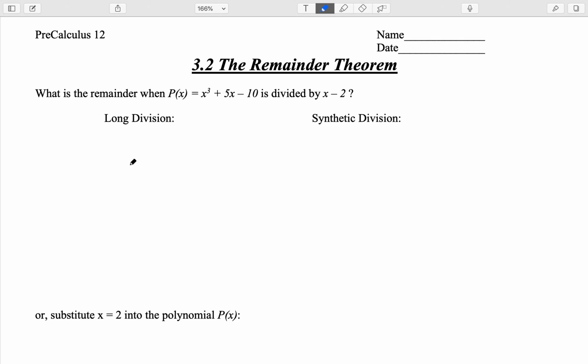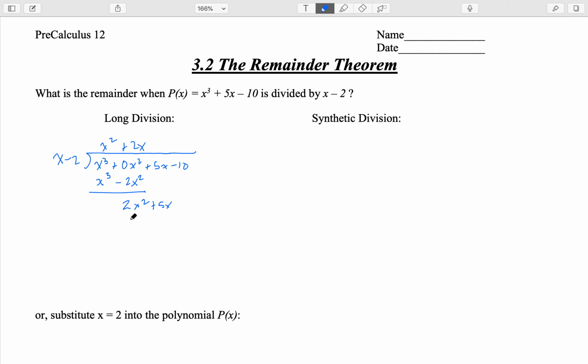If I'm going to do it by long division, remember, I could do this. I could say, okay, x minus 2 divides into x cubed plus 0x squared. It's got to put in the 0 plus 5x minus 10, right? I remember doing this. Yeah, and x goes in this x squared times x cubed minus 2x squared. Subtract. I'm going to get 2x squared plus 5x. So plus 2x,